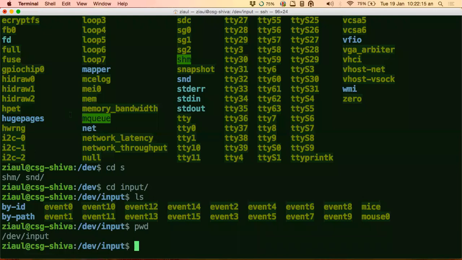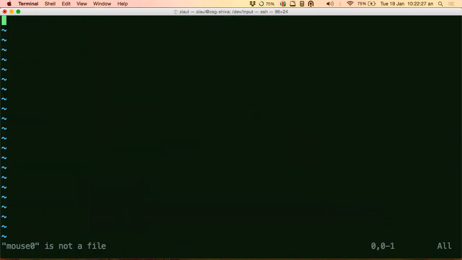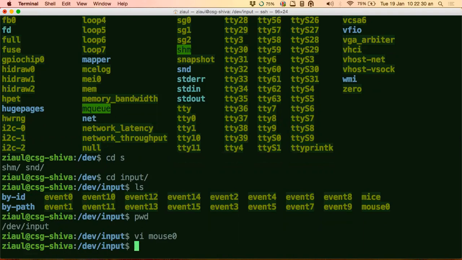Yeah, because you won't be able to see anything there. You cannot open this file. If I go to mouse, see there is nothing here, because it's not a viewable file. It's a device file. So your OS interacts with this file. How do you represent a mouse click in a file? You can't, right? Something weird is happening there, and that weirdness is handled by the operating system. You don't have to see it. So don't worry about that.